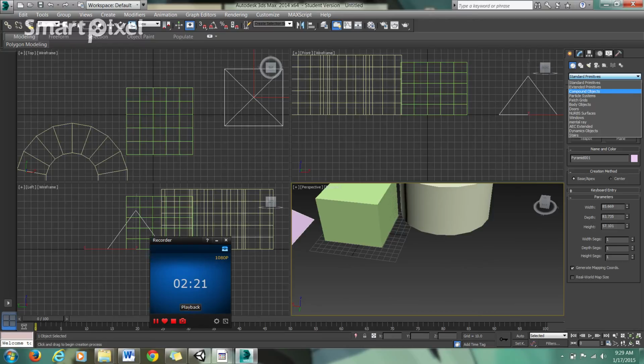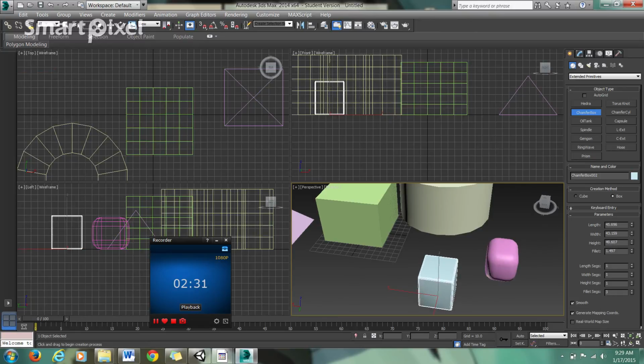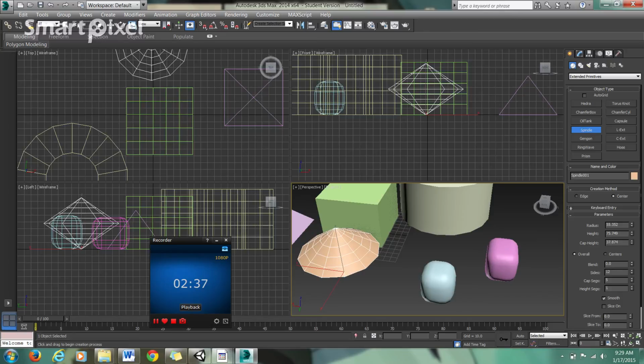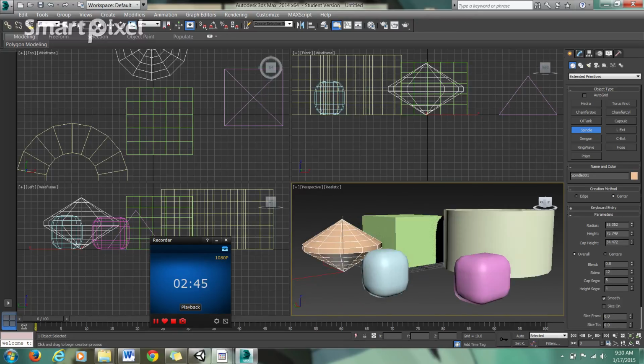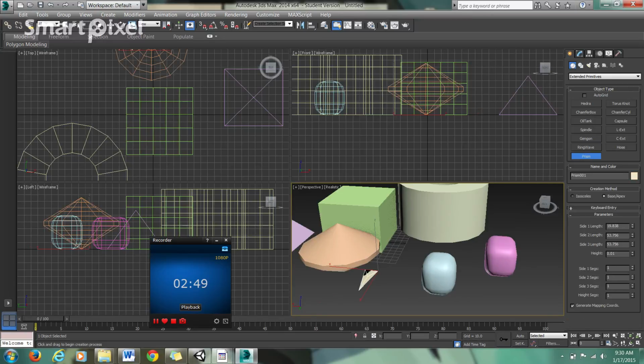Then you have your extended primitives, which are a bit more complex. And again, this is all being done by just clicking and dragging. Step 1. Step 2, define the height. Step 3, define the roundedness or the chamfer, the level of chamfer. Spindle. Now, depending on what type of game you're making, this could be a flying saucer in one of your 2D games, but you may have a 3D background with a flying saucer flying in the background. Well, there's your flying saucer for a spindle, for example. You've got your prism,